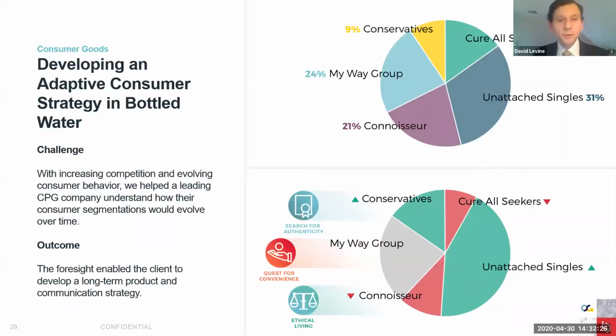We also have an example in the consumer space where we would think about things pretty differently. So in this particular case, we're talking about a beverage example. And when you think about the customers today and their needs in beverages, we would expect a very different perspective from individuals. So we focus on a needs-based segmentation approach. We have this full, broad understanding of the different drivers that might motivate you in your choice of a beverage, 30, 40, 50 different options. We would group them